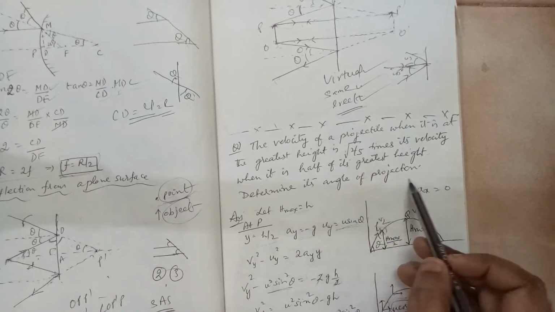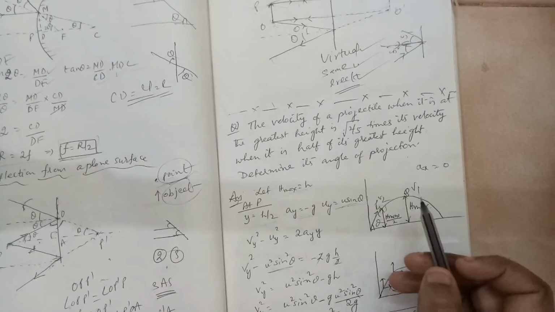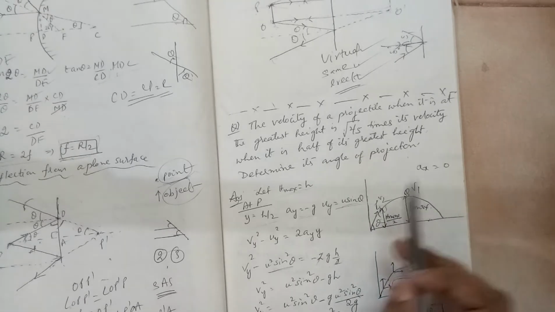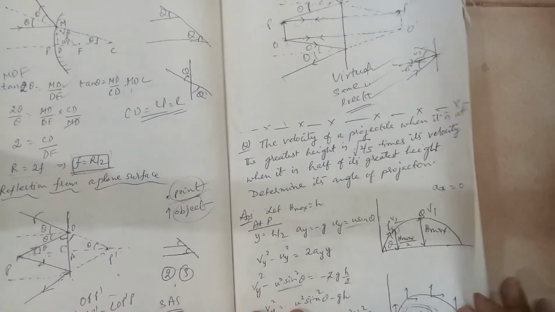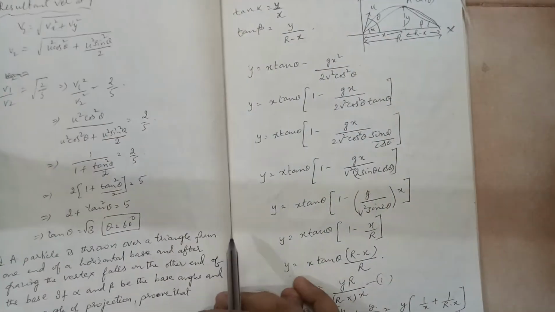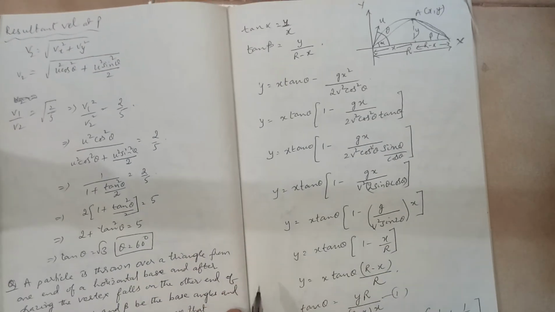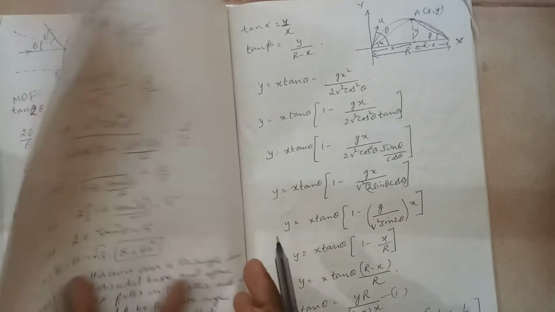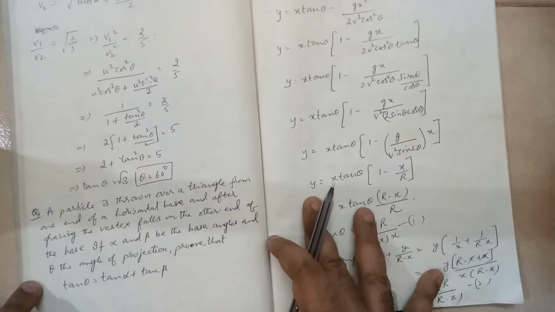Determine its angle of projection. Basically, you have to identify the conditions in the question. Here the condition given is v1 by v2 is equal to root over 2 by 5. Approach from there on: you have to calculate in both directions, the x component as well as the y component. It is similar to one-dimensional motion, but you are calculating in both x and y directions, because it is a two-dimensional motion, but the same principles apply. Let's move to the next one.